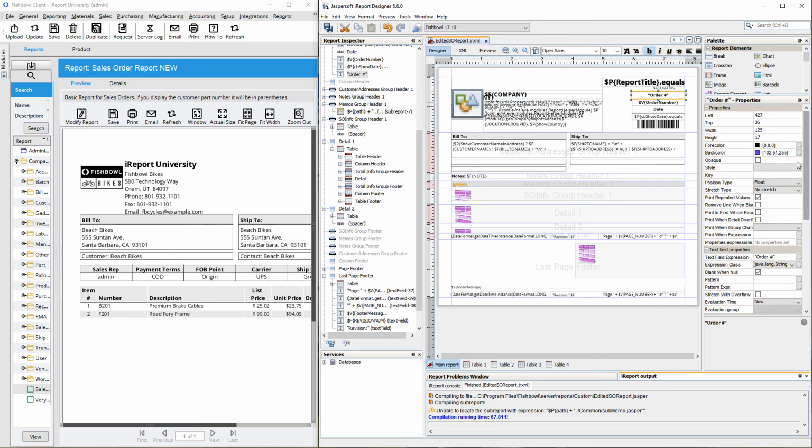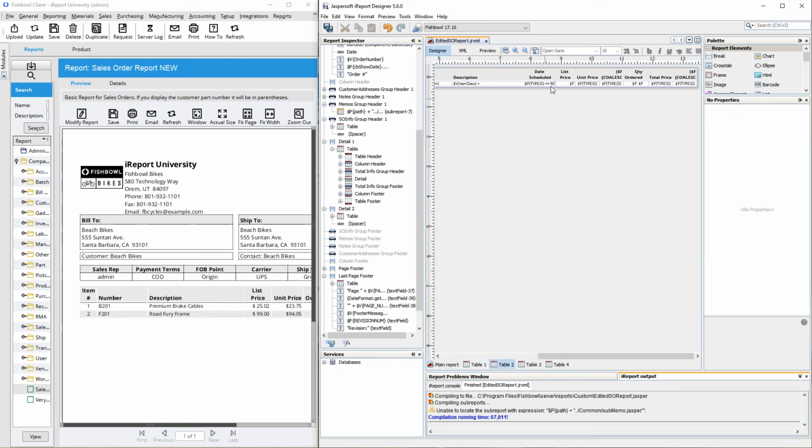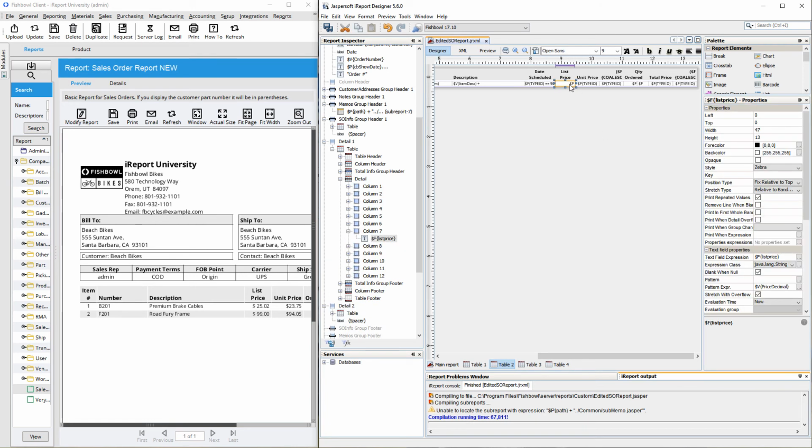And when you right click on things, then you can change the properties for them. And then when we wanted to add a column here, we went inside the table. Well, first we went into the query and added that field to the query because it didn't exist yet. And then we created a new column and we added that in there. And then finally we added a parameter to both the upper and the lower queries and made sure that they were linked together. One more crucial tip for tables: